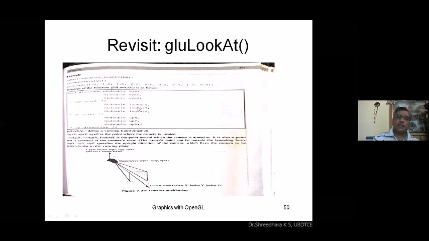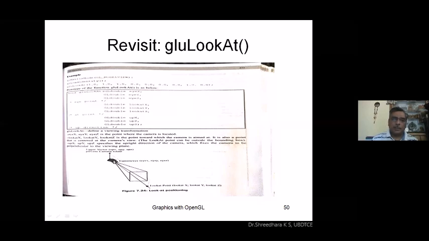The second set refers to the point at which you are observing, that is lookatX, Y, Z. And finally, the last 3 parameters specify the camera tilting effects in the X, Y, Z axes, the up direction. These 9 parameters help to view the object in different directions.